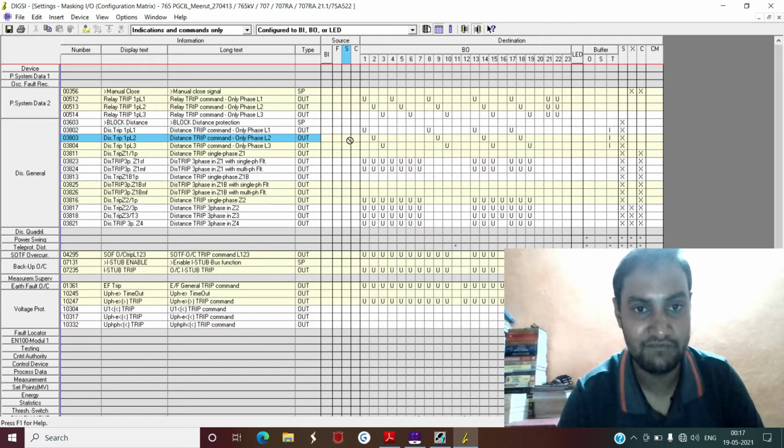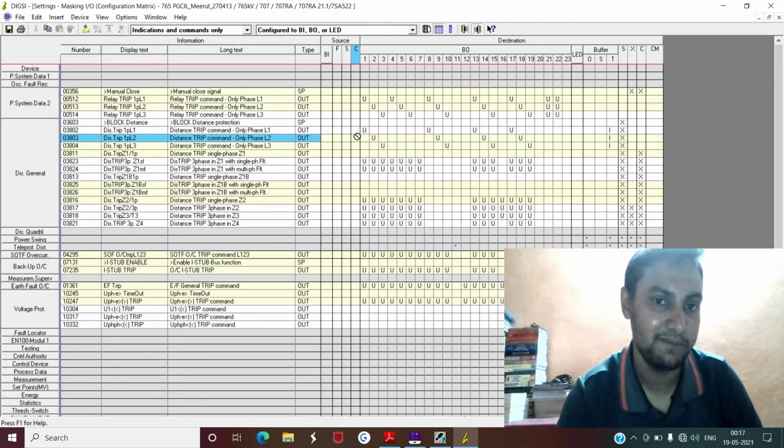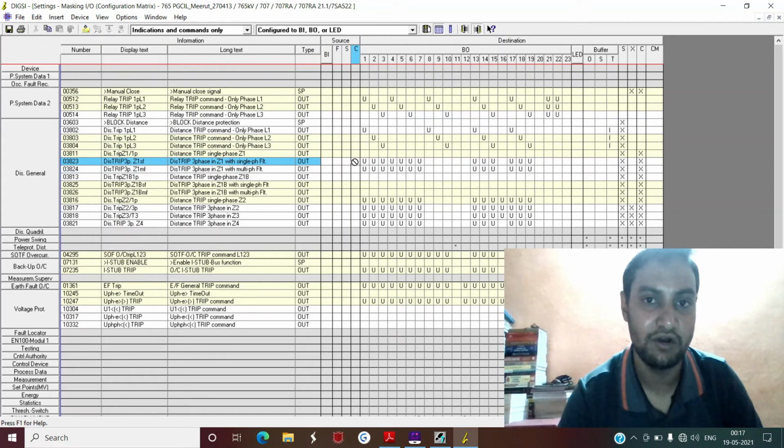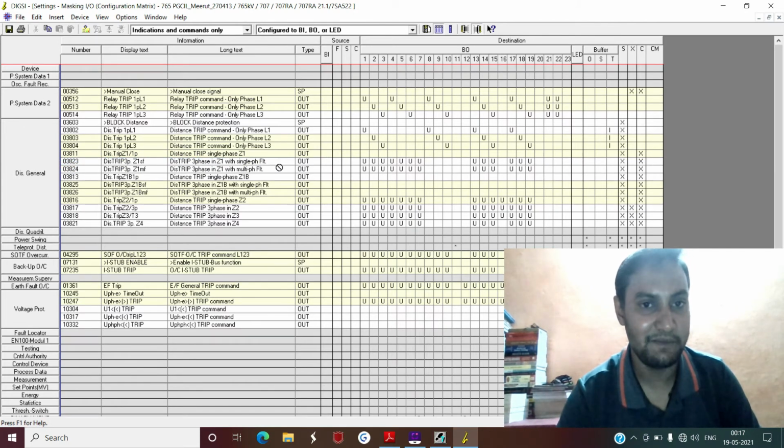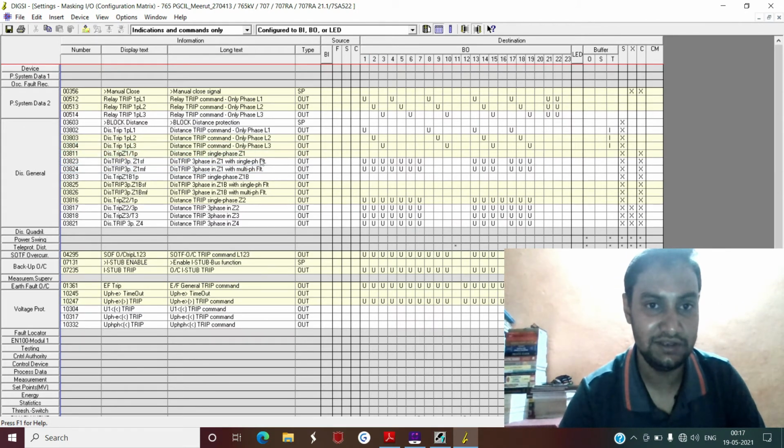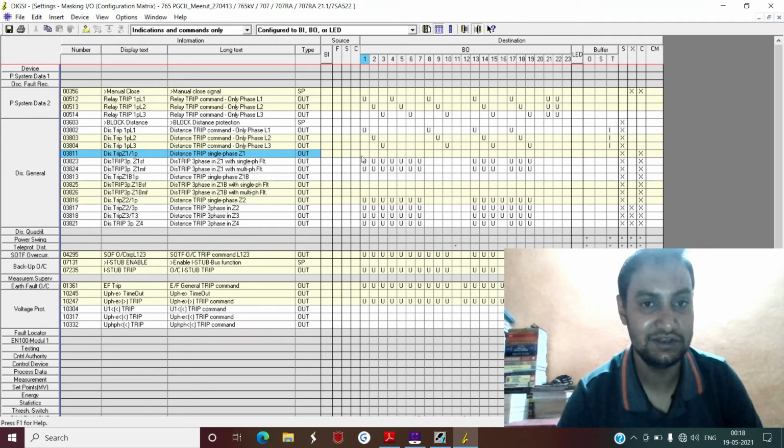So if you don't configure this only L1, L2, L3, then what happens is that suppose there is a single line to ground fault, then the relay will issue a trip command in zone 1, or a single phase trip command in zone 1, and then only this particular signal will get high. You can use this particular signal for one of the outputs, output 1 or output 2 or output 3. And if you are using this, because this is only one signal, you can use one signal at 3 locations, but all 3 locations will get active. That means you cannot have phase segregated tripping.